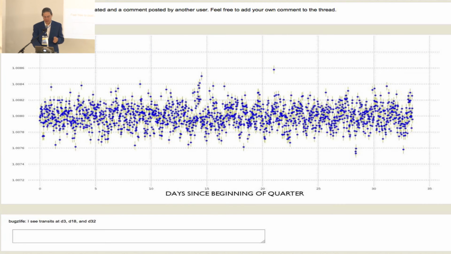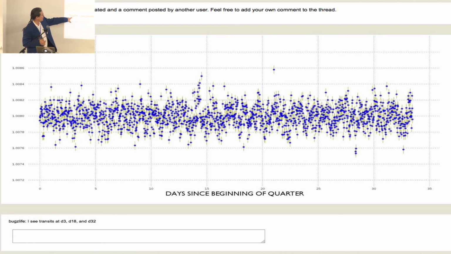But of course, not all the images are equally easy. For example, this one, you can see there's quite a lot of noise, and it's a lot harder to see where the transits would be. And then we divided the subjects randomly into three conditions. So there's a control condition where they didn't see any comments at all. There's a high specificity, high context condition in which they saw comments like this one down here.